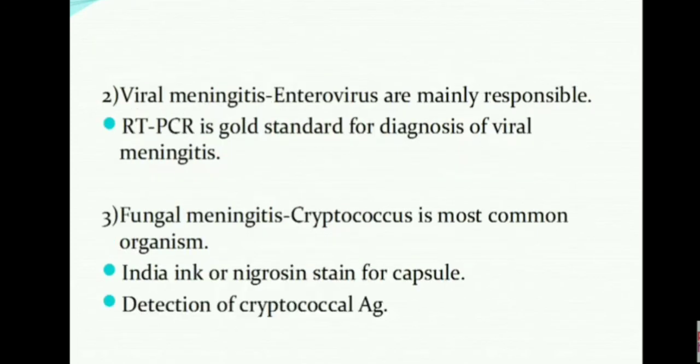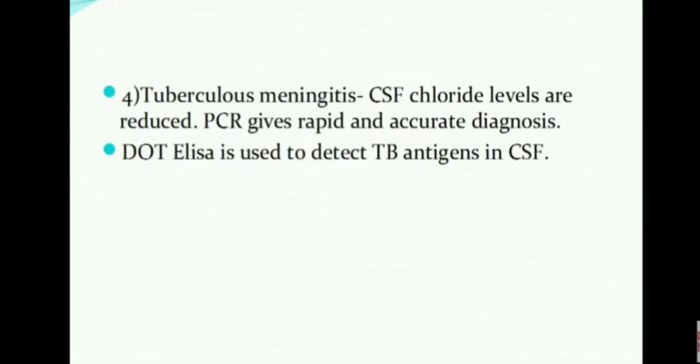For viral meningitis, enteroviruses are responsible. Reverse transcription PCR is the gold standard. For fungal, Cryptococcus is the most common organism. India ink can be used, and we can also detect the cryptococcal antigen. For tubercular meningitis, PCR gives the rapid and accurate diagnosis. Also, it's very important to know that CSF chloride levels are reduced in cases of tubercular